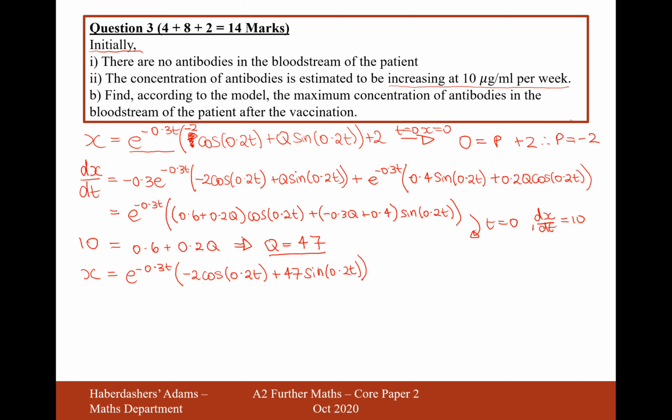Okay, but in this question, what we want to do is to find, according to the model, the maximum concentration of antibodies in the bloodstream of the patient after the vaccination. So therefore, we should probably differentiate and set equal to 0, because then that will give us a maximum point. So if we now do dx by dt, what we've got here is a little shortcut to get to dx by dt if we can plug in q equals 47. So if we plug in q equals 47, then we're going to get dx by dt equals e to the minus 0.3t